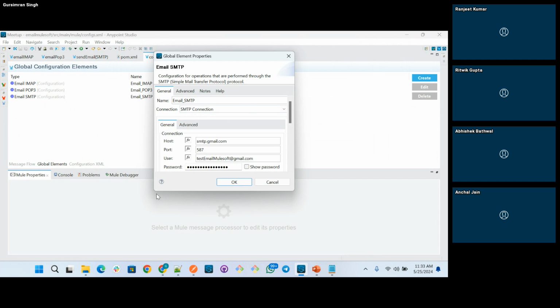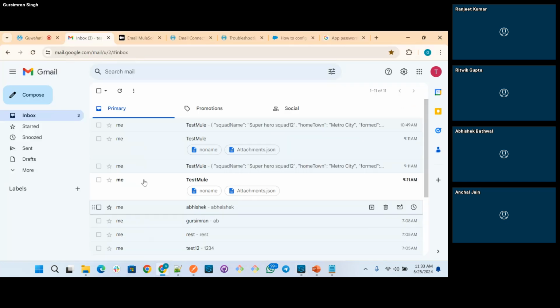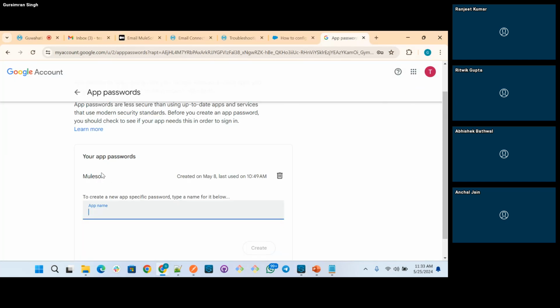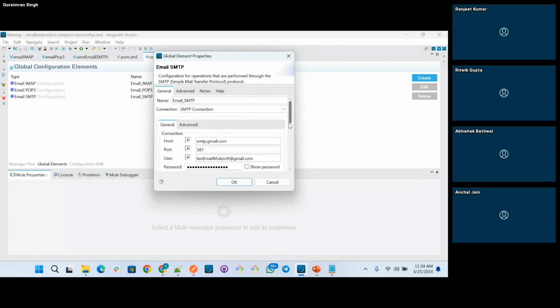Yeah, that's one of the tricky points here. This is not the Gmail password. This is the password which we set up as an app-specific password. If you remember, we had created an app name here, MuleSoft. Once you click on it, a password will be generated. That password we keep here. It's not our Gmail password.